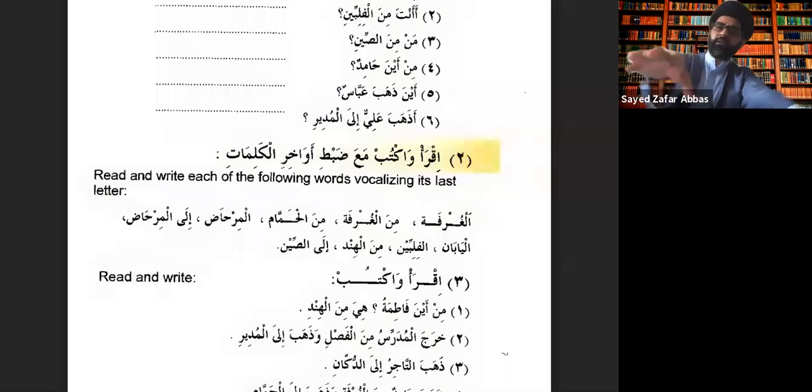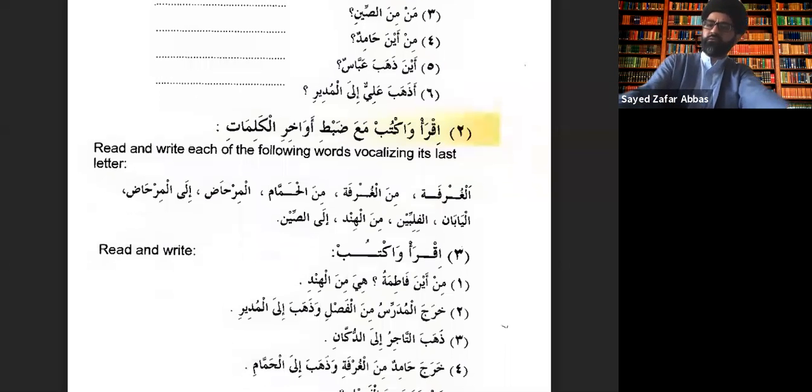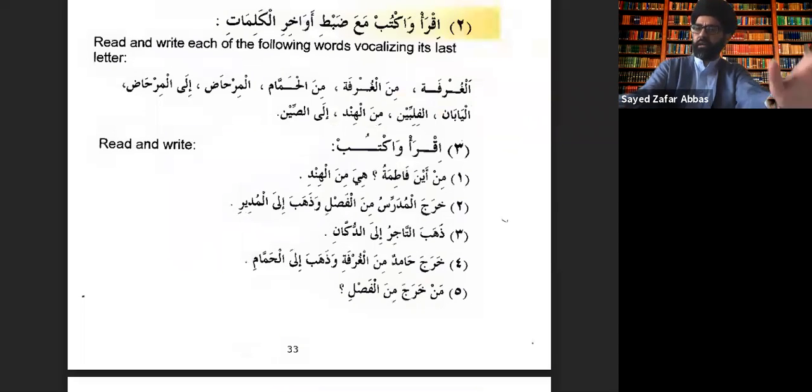Okay. So now here we got these words which we're being introduced to with min and ila. Same as fi and ala. Exactly the same. Al-ghurfatu, min al-ghurfati. The room, in the room. Min al-hammam, in the bathroom. Al-mirhad, ila al-mirhadi, in the toilet. Al-Yaban, Japan. Al-Philippine, Philippines. Min al-Hindi, from India. Ila al-Sin, to China. So here we read a few more sentences that we're going through to tell us how we use min and